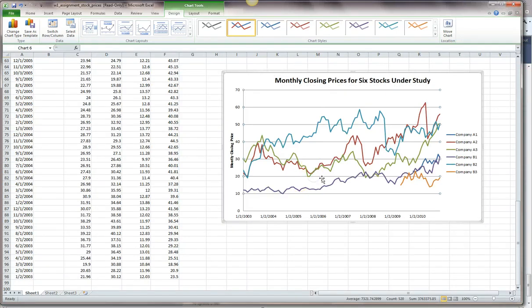Okay, now when we look at the charts, we find that company A1 has been increasing even though it had its variation. Similarly, company B1 has been consistently increasing. Again, it had the variance. And you can, in some sense, say company A2, which probably has more variance. So those are the factors you may take into account.